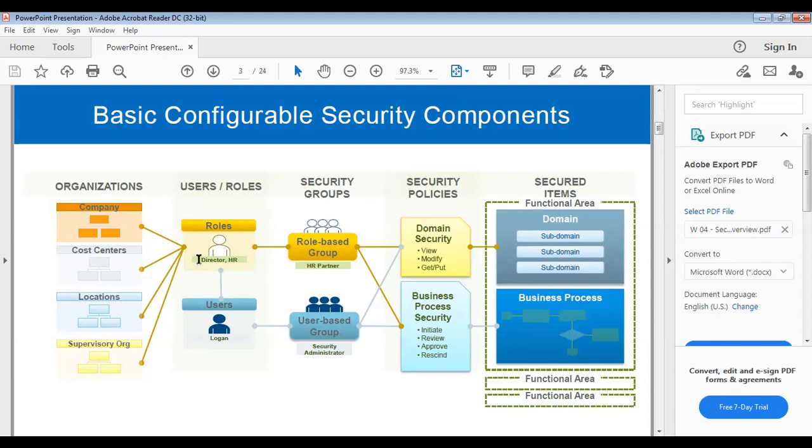So, how does the configuration setup happen? First of all, we know that there are some organizations in Workday, like supervisory organizations, location, cost center, yes or no? Yes. And we are going to link all of these to users and roles. For example, we have different types of roles like director, HR manager, HR supervisor.